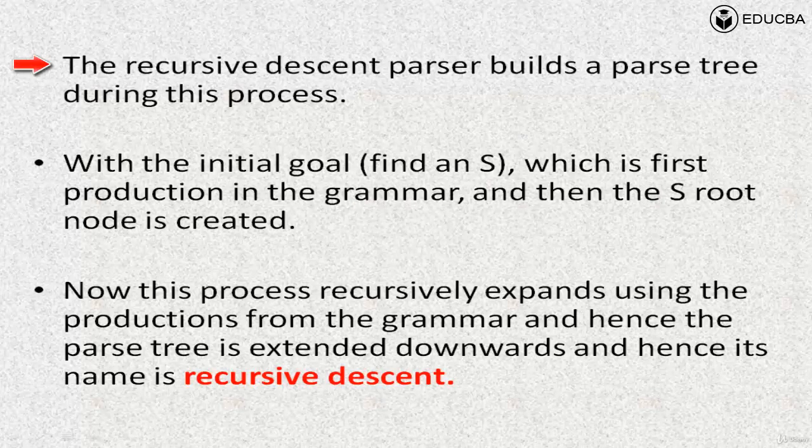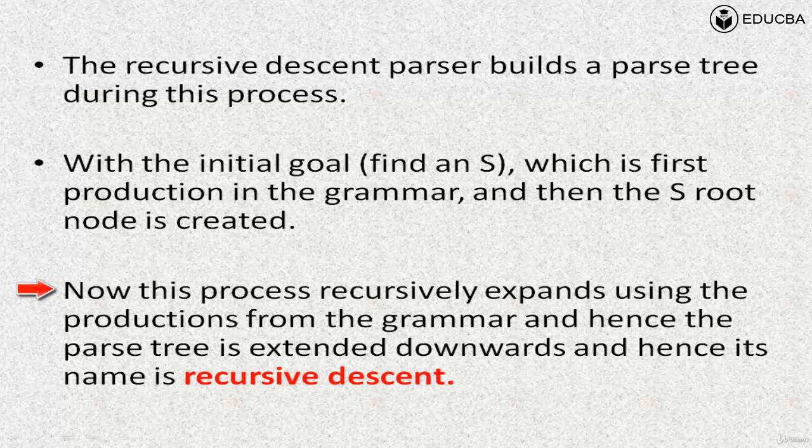The recursive descent parser builds a parse tree during this process with the initial goal: find an S, which is the first production in the grammar, and then the S root node is created. So basically in the context-free grammar we have multiple productions, and your first production will contain S on the left hand side, and this will become the root of the tree which you will create. Now this process recursively expands using the productions from the grammar, and hence the parse tree is extended downward,